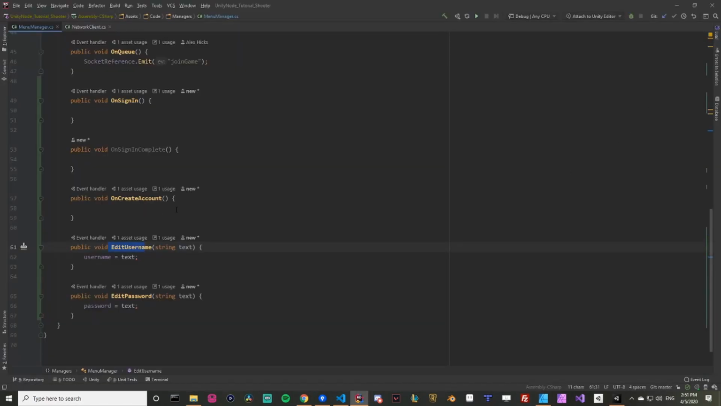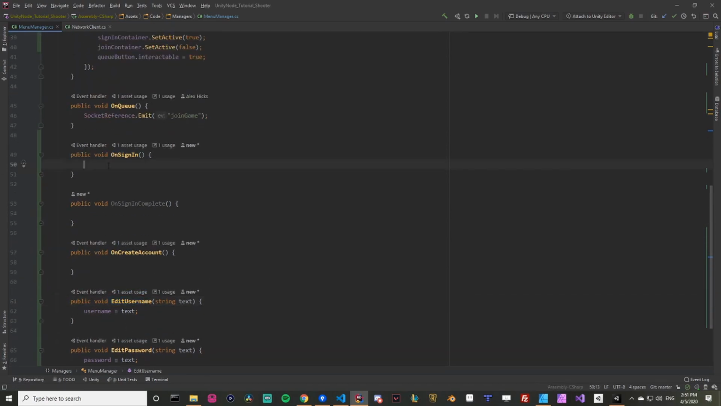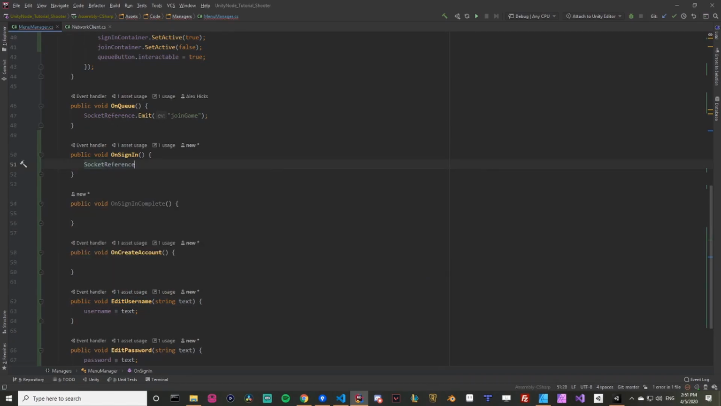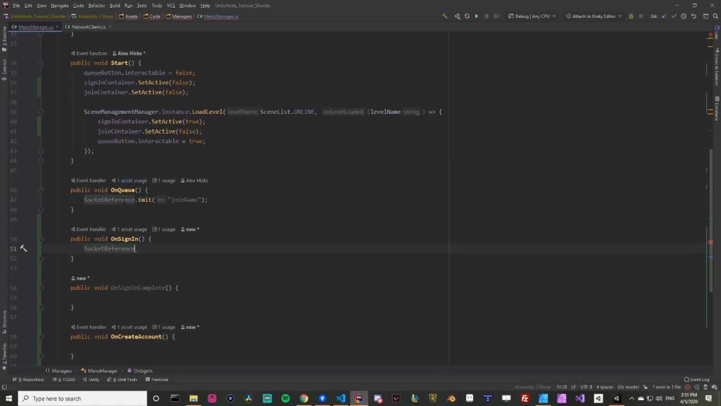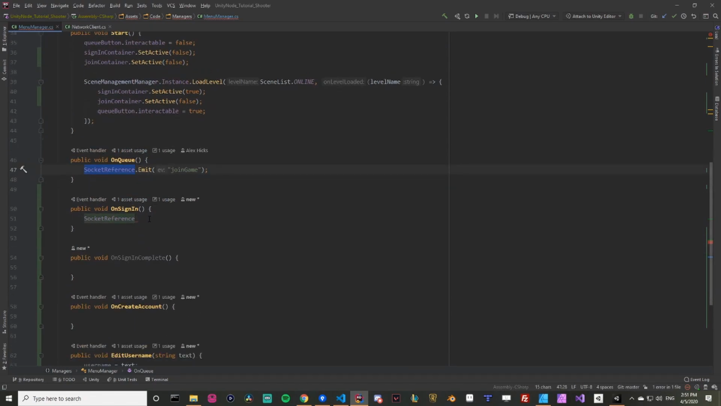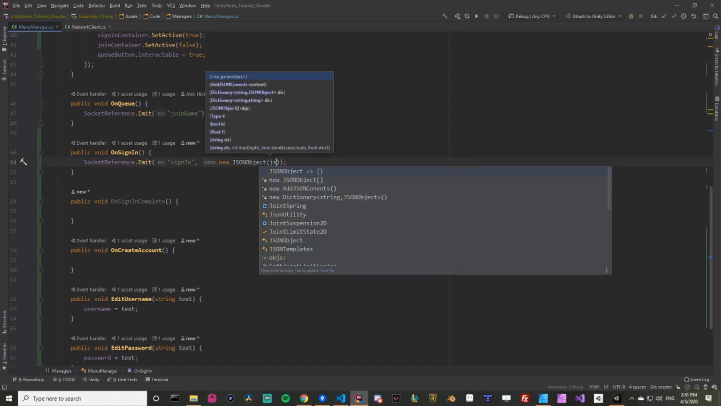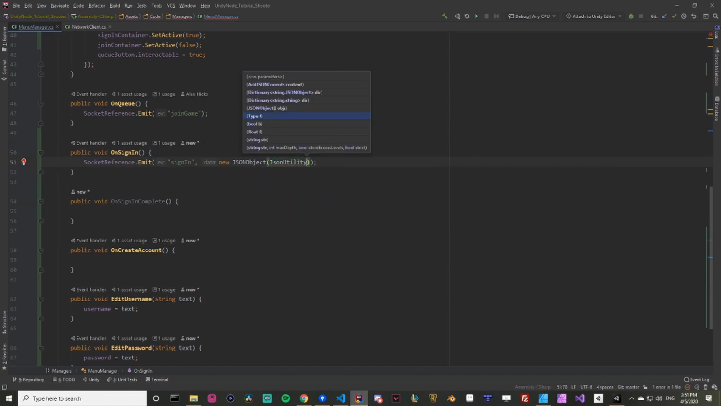Let's go ahead and send some commands. So the first thing we're going to do is on sign in, we're going to say socket reference. So socket reference is like we're using before here, where we want to emit that we're joining a game. We already have all that functionality here, which is awesome. We don't have to go add it. So we're going to be doing one called sign in, and we're going to be passing along a new JSON object, and then we're going to use JSON utility .json,